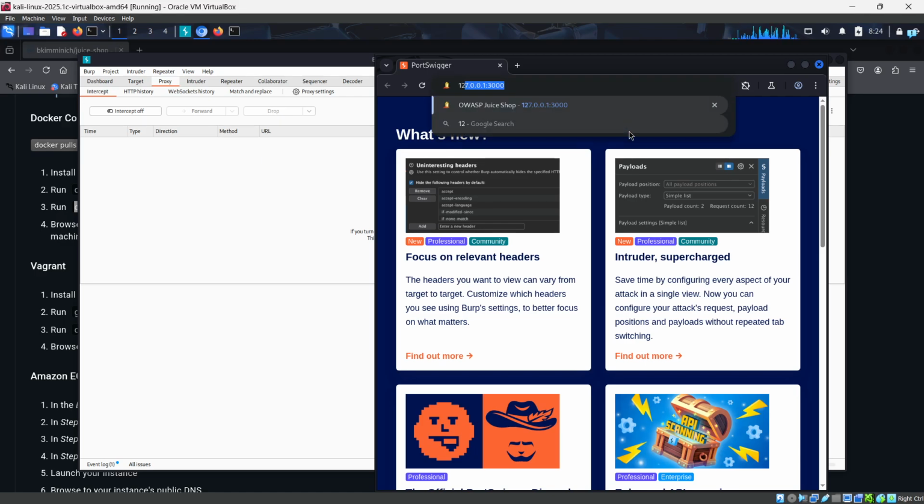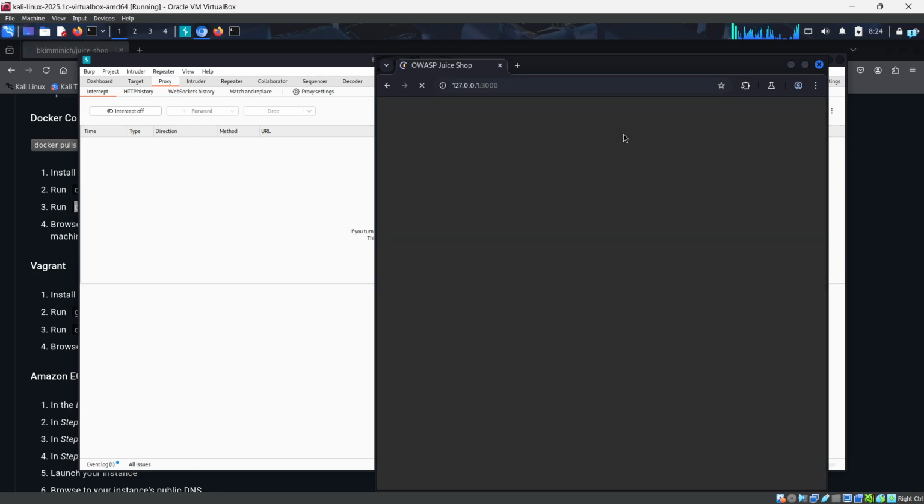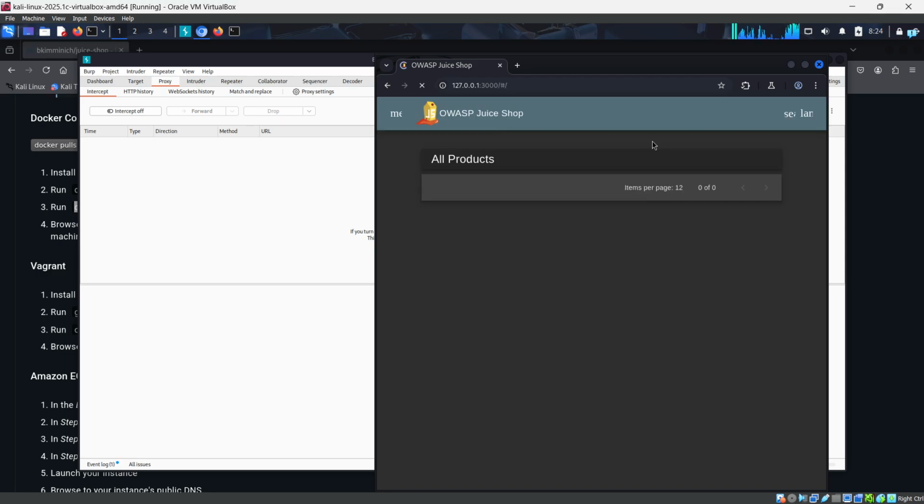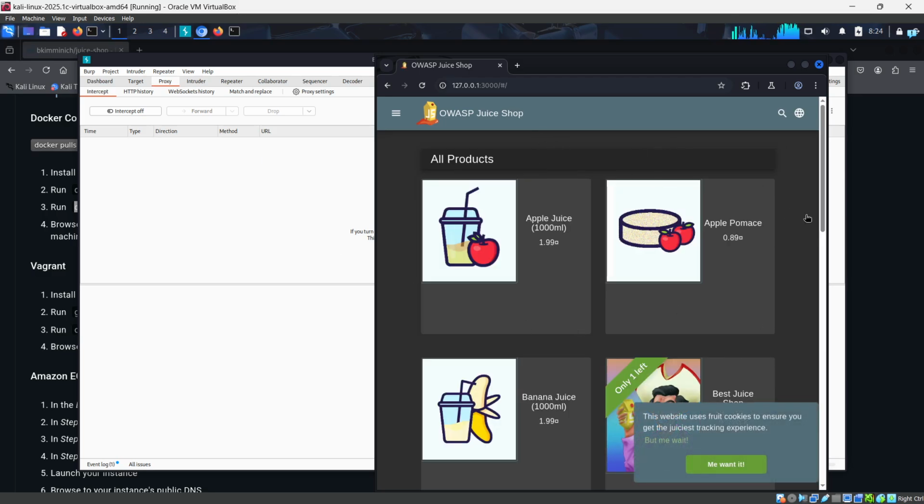127. Okay, it's auto-populating for me, but it won't for you. You'll have to type the same thing here as well. And it will load, not an issue at all. It will take a bit more time, but it will load, no issue. See, same website